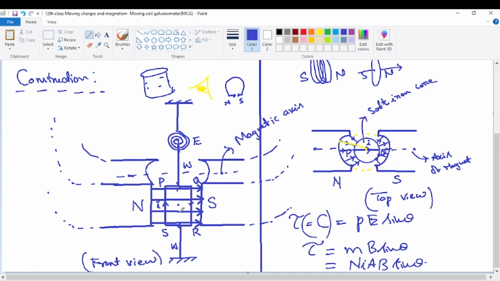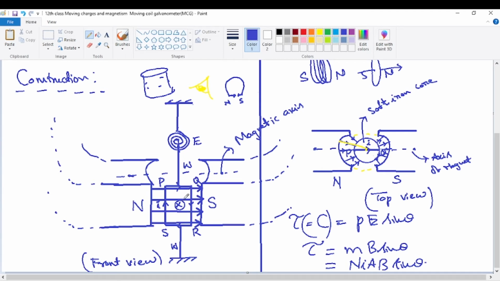Being perpendicular, it is either directed into the plane of the coil, where a cross denotes into, or out of the plane, where a dot denotes out. If we take the plane of the coil on the blackboard, the axis will be perpendicular to the blackboard, either directly into the board or out of it. Just observe the cursor. That's the natural axis. Now the plane of the coil is parallel to the field, in this diagram initially, before it gets deflected.